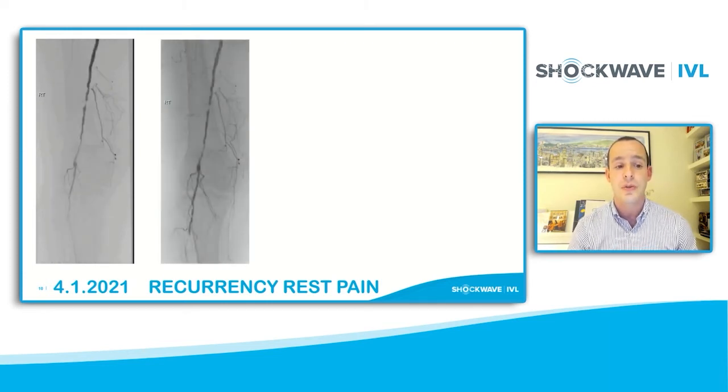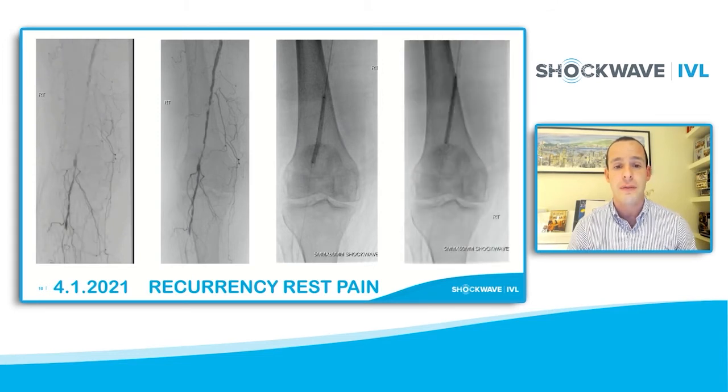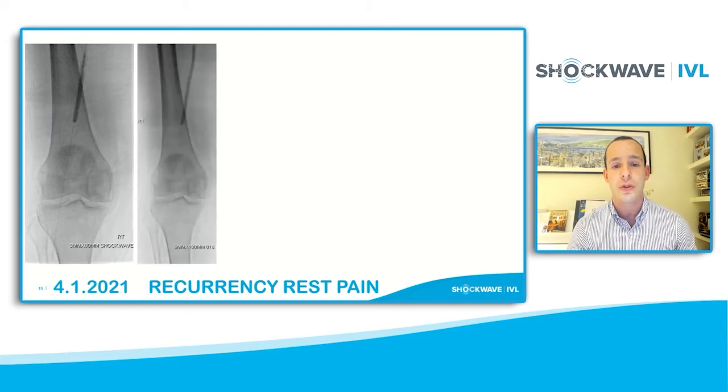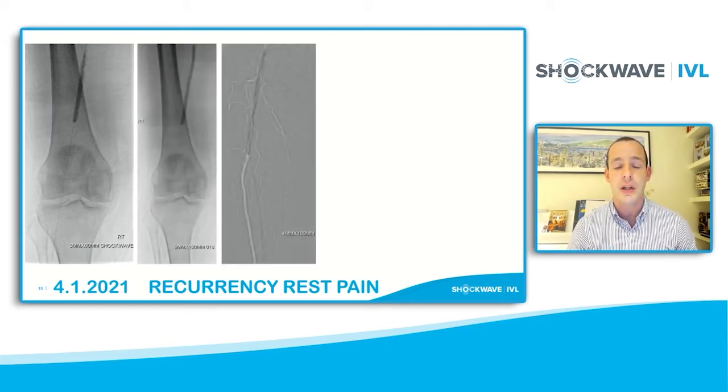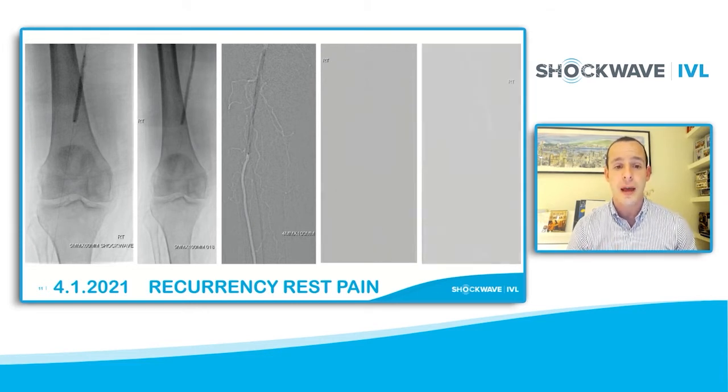So for this reason, we decided to use the IVL, of course. You can see now the 5mm balloon inflated at this level, touching the walls, and after that we used, of course, normal balloon angioplasty with a 5mm inflated at good atmospheres, and also a 4mm down into the anterior tibial artery. The result was pretty good, outstanding I would say. No more residual stenosis, no dissection flap. And I have to say that the situation at the level of the foot was completely preserved, so the flow through this single vessel runoff